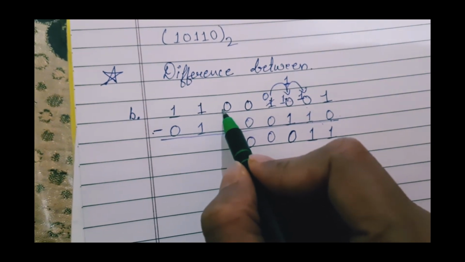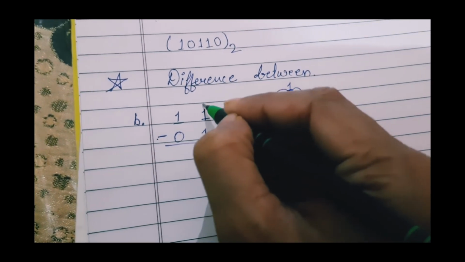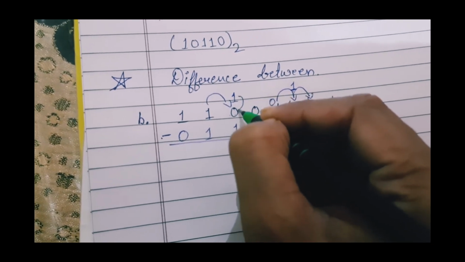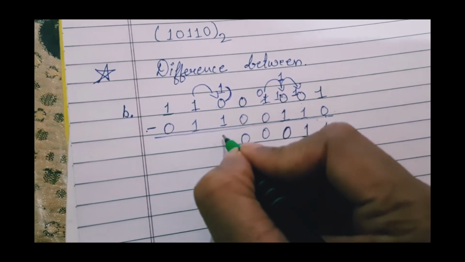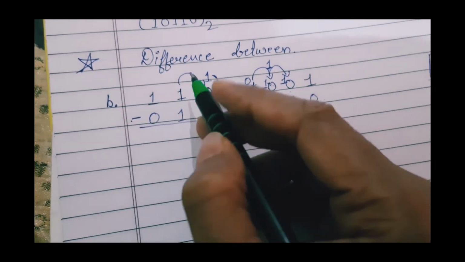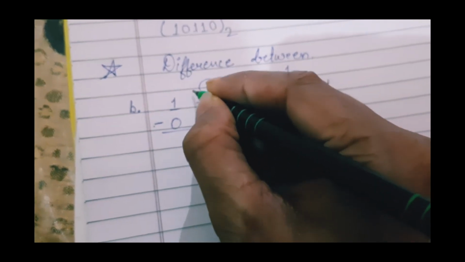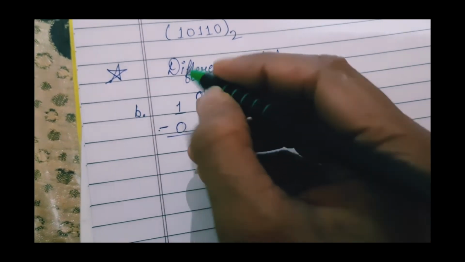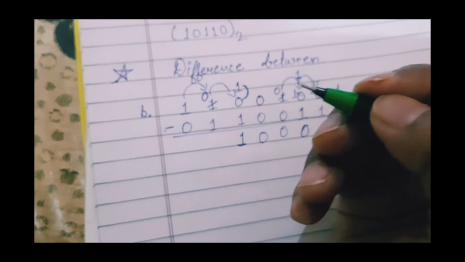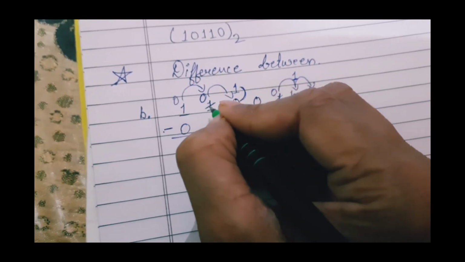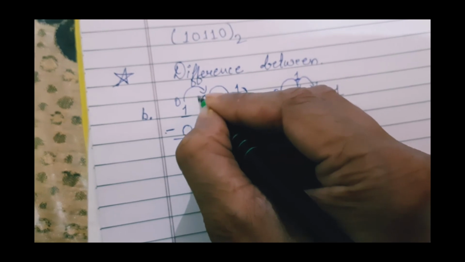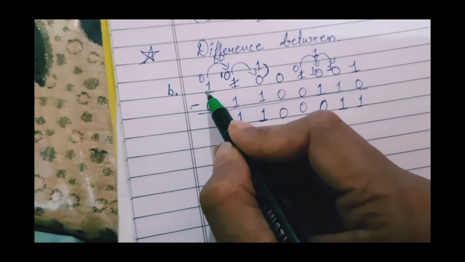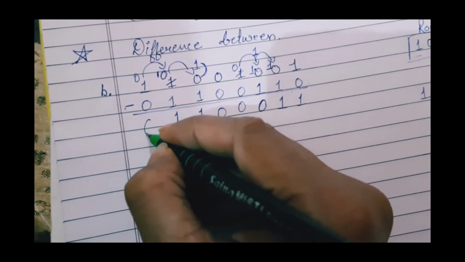Again we got the same situation. 0 minus 1. Well, we'll borrow 1. Here will come 1, and this 0 brings together 10, and 10 minus 1 is 1. But here, after getting borrowed, we have 0. So 0 minus 1 again is not possible. Again we are going to do the same thing. We'll take a borrow, and here will come 0, and here it is going to be 1. So 10 minus 1 is 1, and here it is 0. So 0 minus 0 is 0 only.